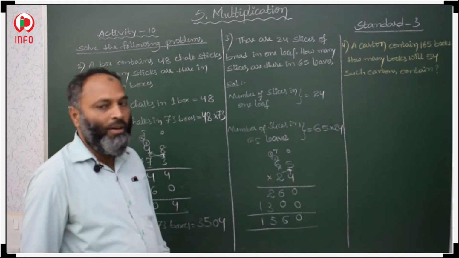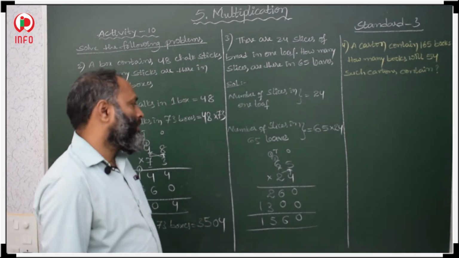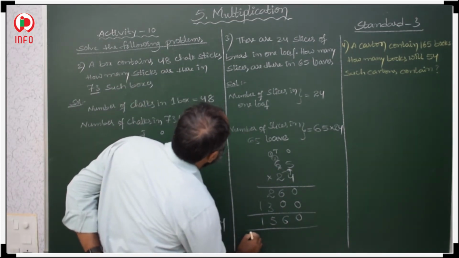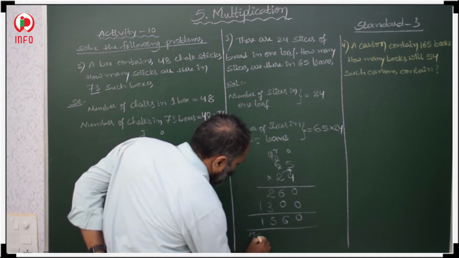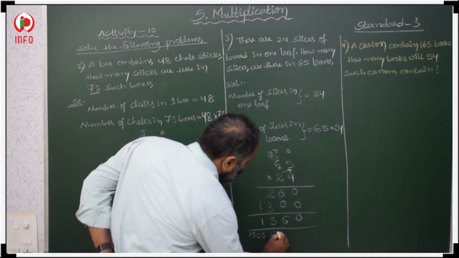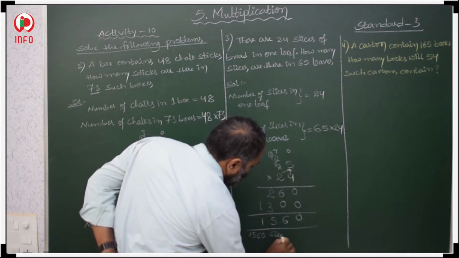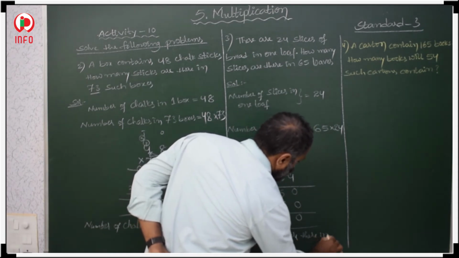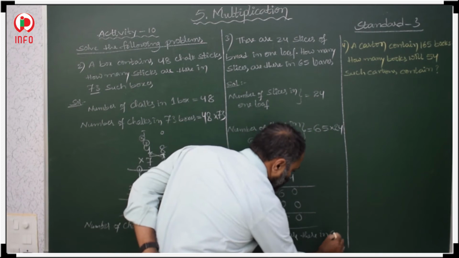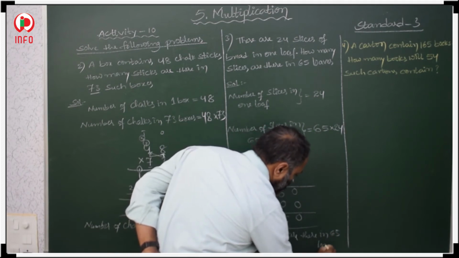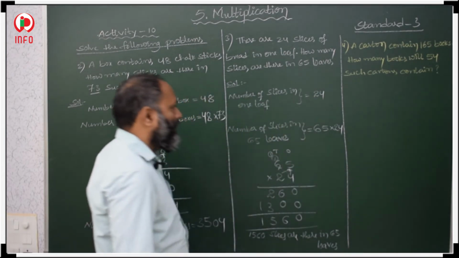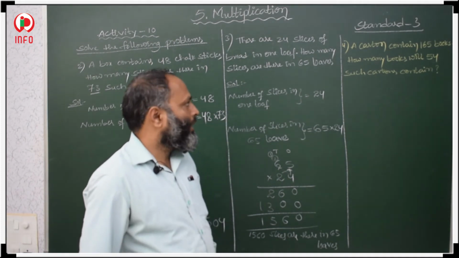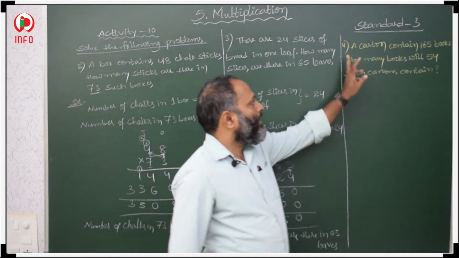Then 1560, 1560 total. Therefore, 1560 slices are there in 65 loaves. This many slices are there, 1560. Next, the fourth one: a carton contains